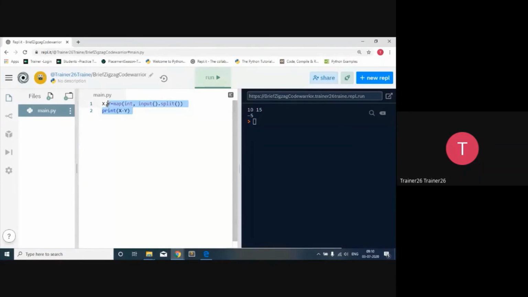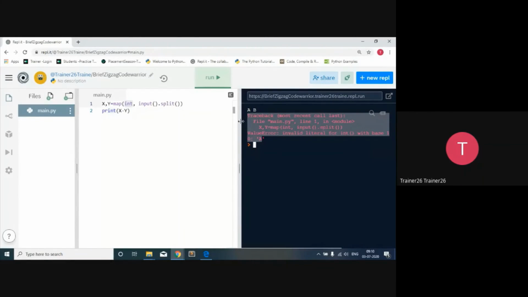So once we have written this particular code, what's going to happen is we have to explicitly convert it. But consider that the user is actually going to give a character over here. So your program is going to throw an error, because it's an interpreter at runtime, it's going to throw an error. So whenever we talk about input, whenever you try to take an input from standard input, you always make sure that you process that input in such a way that you won't have any kind of problem over here.